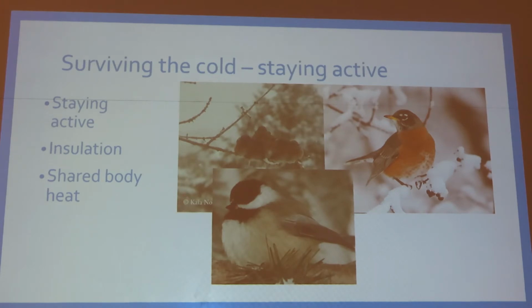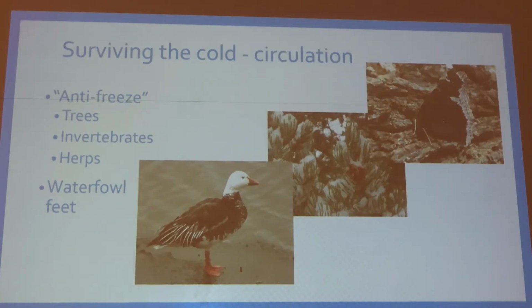Okay, so staying active and other ways to stay warm. Sorry, my hand is like the wrong way for the little clicker here. Okay,